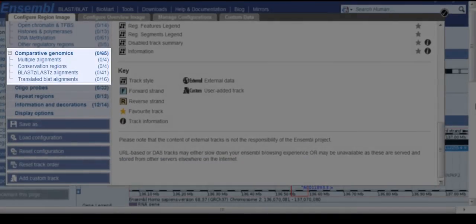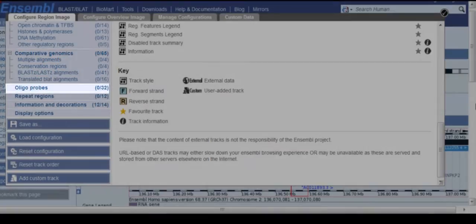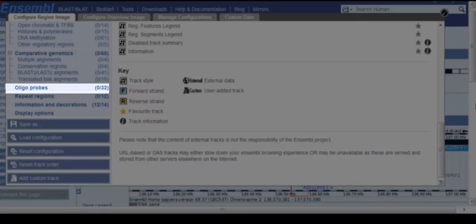Comparative genomics, multi-species comparisons, oligoprobes, probe sets from microarray platforms, repeat regions, repeats determined with repeat masker,